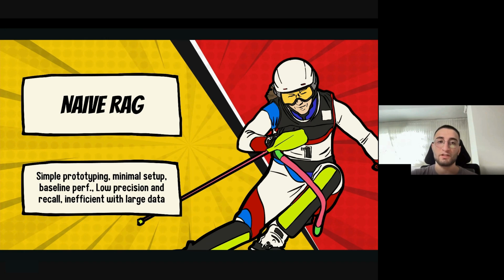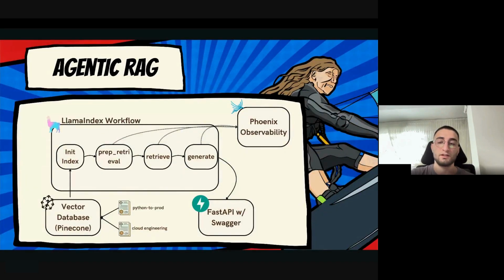So this was the naive RAG approach, and this is more like agentic RAG. This diagram is from the hackathon I did last week, and the LlamaIndex workflow works in a more agentic way. First of all, let me tell you about the project. In the project, we have two courses, Python to production and cloud engineering, for Python engineers.